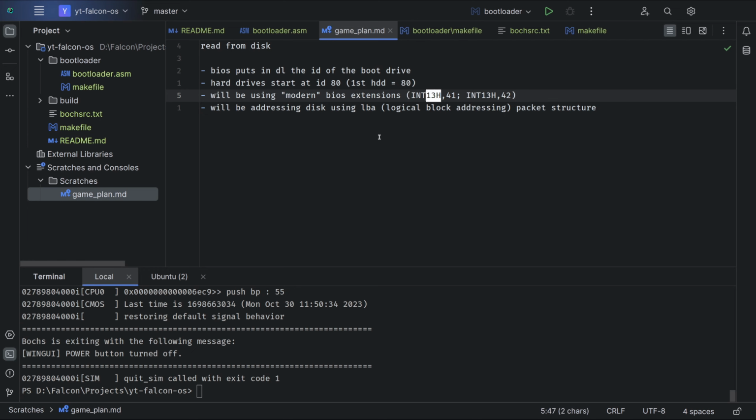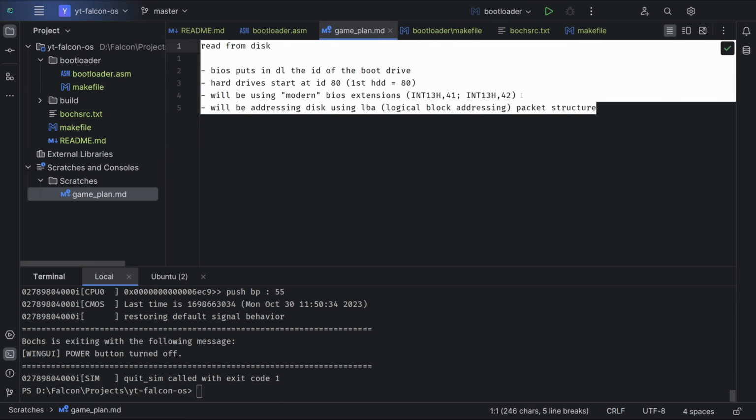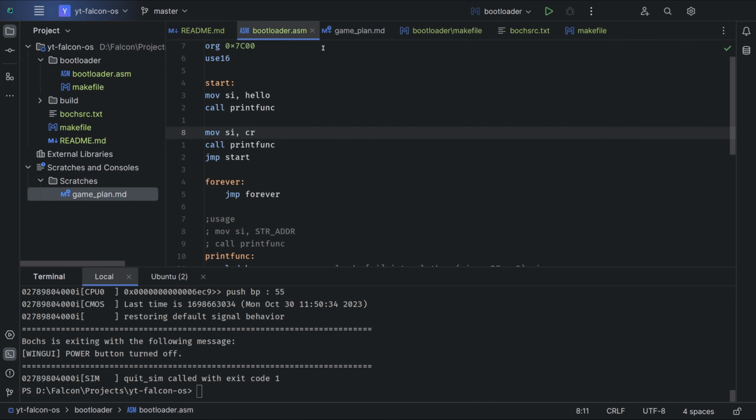13H is the interrupt, and the function names on the interrupt are 41 and 42, which are the extended read and check extensions. So 41 is check extensions and 42 is read. There's also a 43, which is the extended write, but we will not be using that for now. So that's the game plan to read from disk, and let's go back